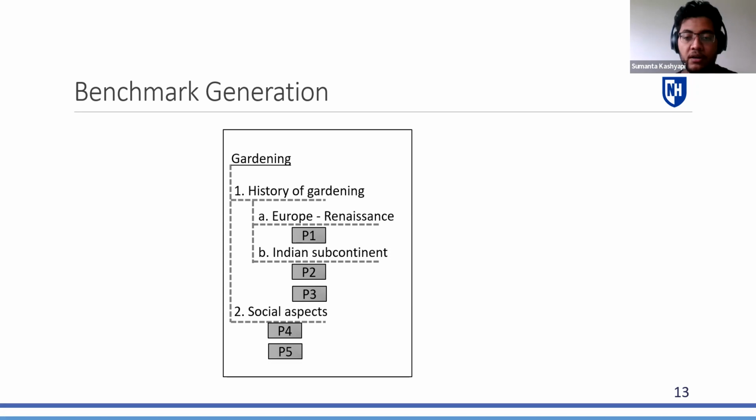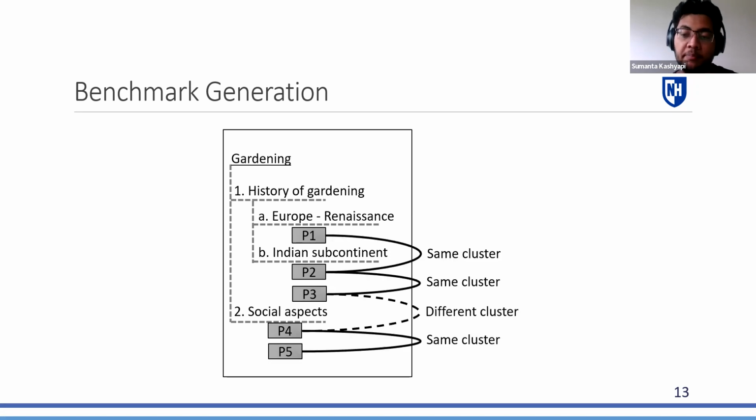Now, for this example, we consider P1 and P2 to be sharing the same cluster because they are part of the same subtopic, History of Gardening. However, P3 and P5 should be part of different clusters because they discuss different subtopics. Like this, we construct clustering ground truth out of each article in the TREC CAR dataset, which we refer to as